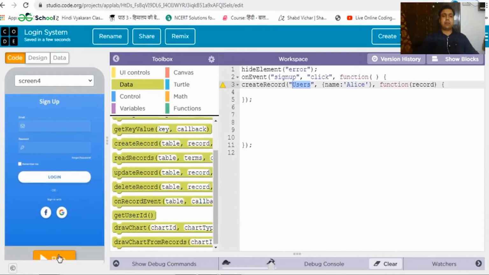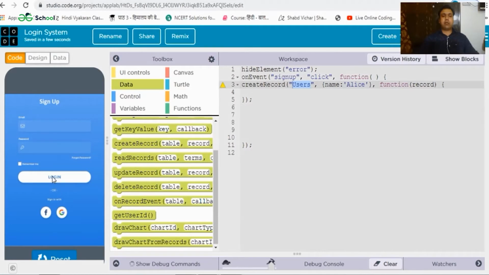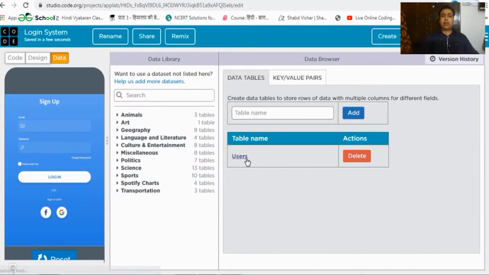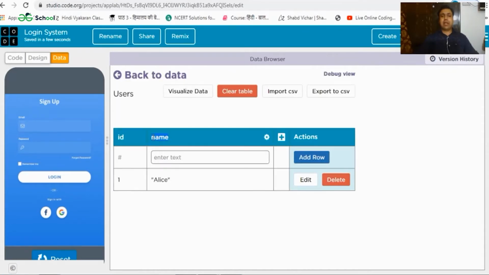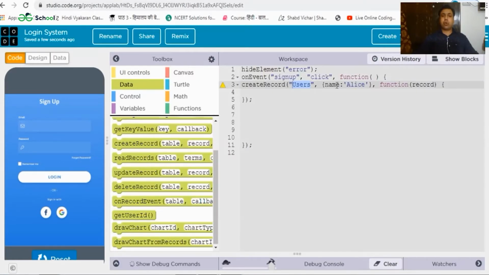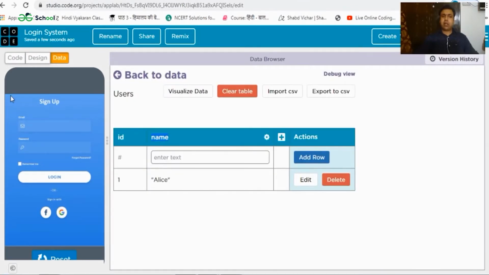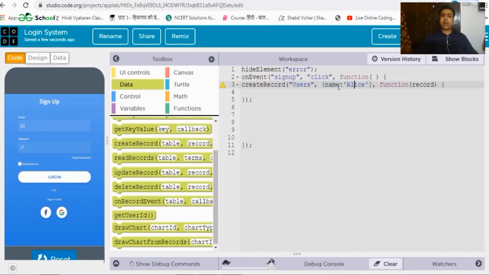So let's run this app and hit this login button. So as you can see, a table with name users has got created over here, right? And inside this, there is a field with name which is getting reflected over here, and this is the value which it is picking up from this coding part over here. From this part, this field is getting created, and the thing that we have defined after this colon, it is the value for this field, or you can say property. Right, now let's reset this app